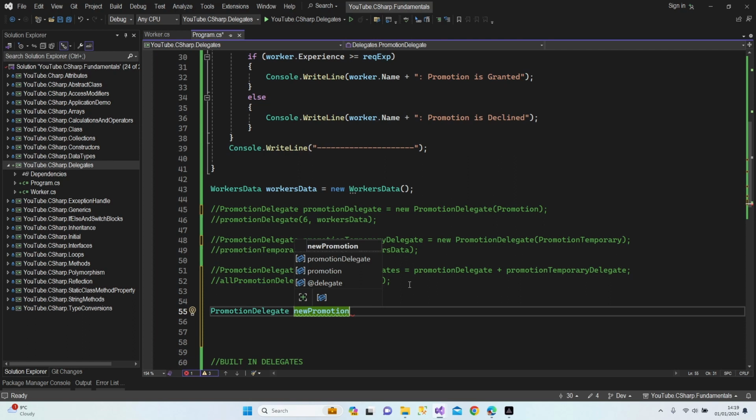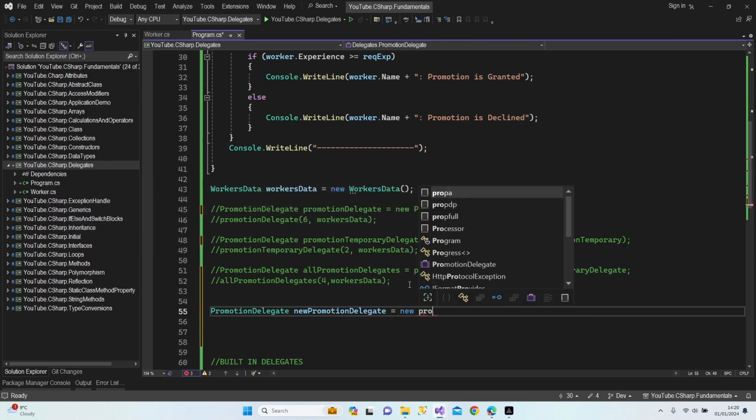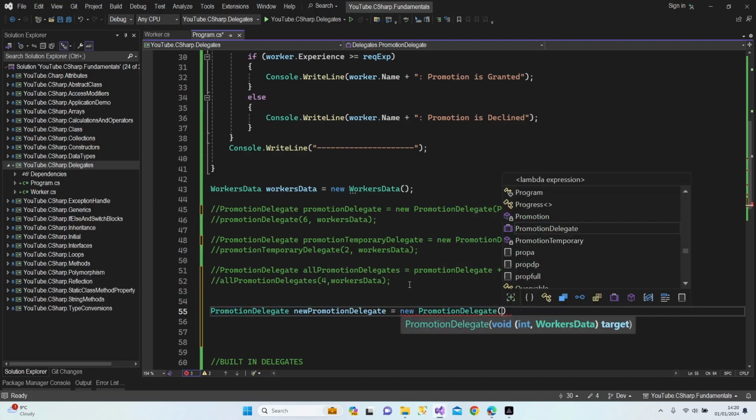Okay, new promotion delegate, and there are two ways to type here, but I'm going to show you the long way, which is going to be much more meaningful because this is your initial start for the delegates. New promotional delegate. Once you open your brackets,